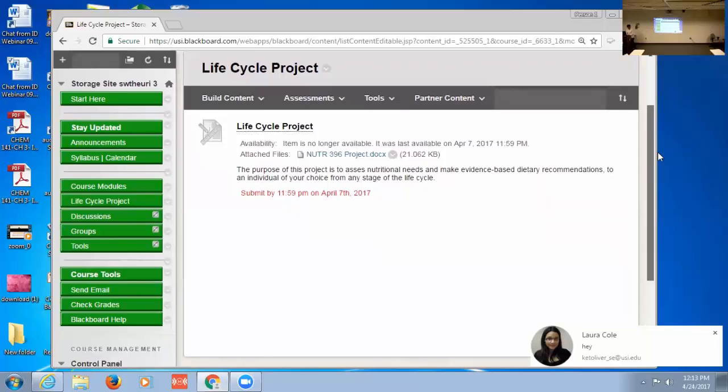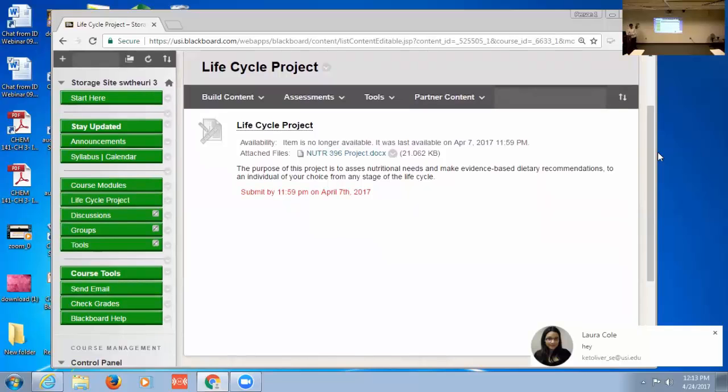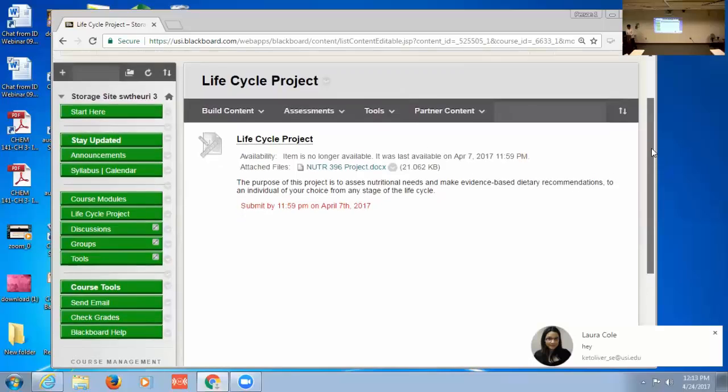We cover a lot of material, yeah. In the past, I've always struggled with the fact that 19 chapters is a lot of material, but to really get a good grasp of what life cycle issues are in each different stage of life, you've got to cover it. It's the whole semester. They really appreciate it after that.